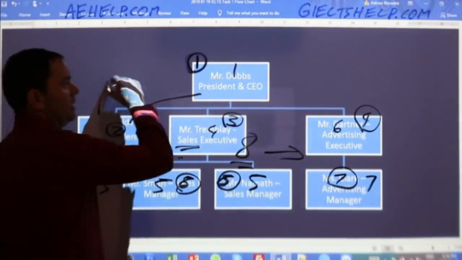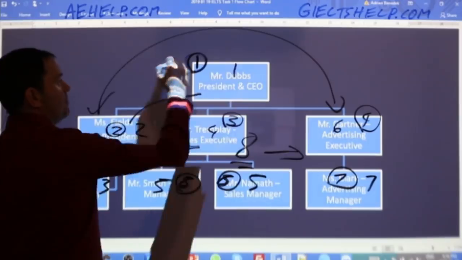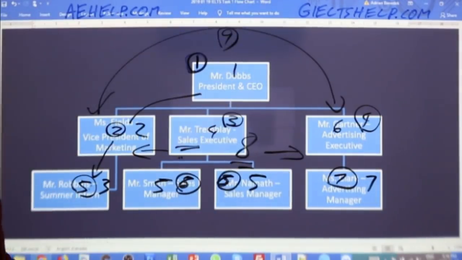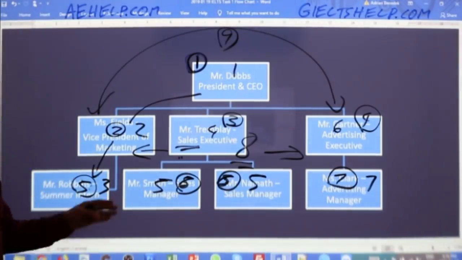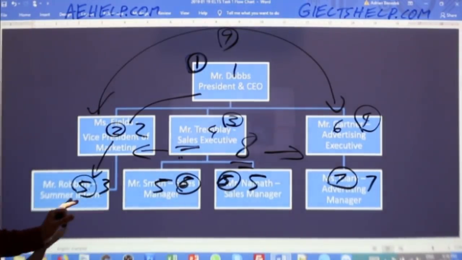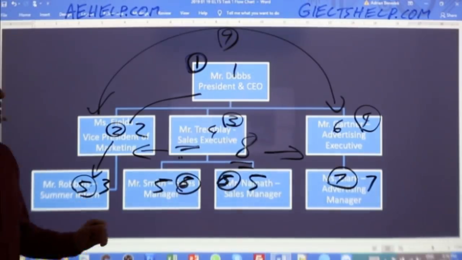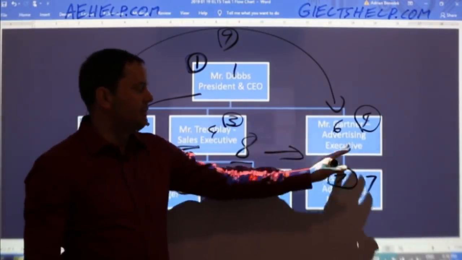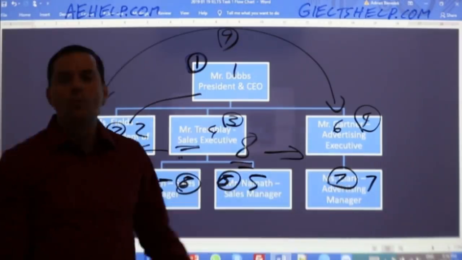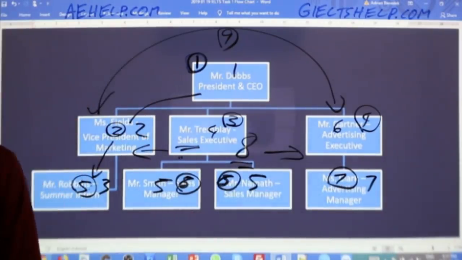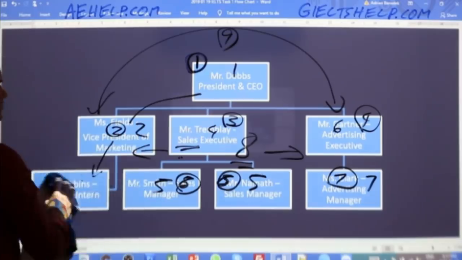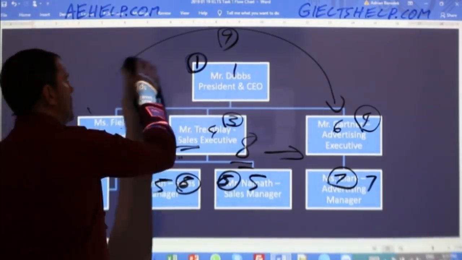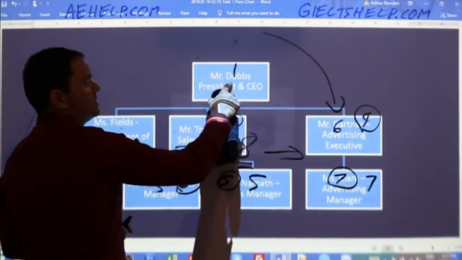And I can compare these two with each other. That's my point number 9, that this and this department, they're both made up of 2 people. The vice president here with 1 subordinate, and here it's the advertising executive also with 1 subordinate. Okay, so that makes sense. Don't get confused. It's fairly simple. Let's start with the president, okay? So write your first sentence for the analysis. Write this number 1.